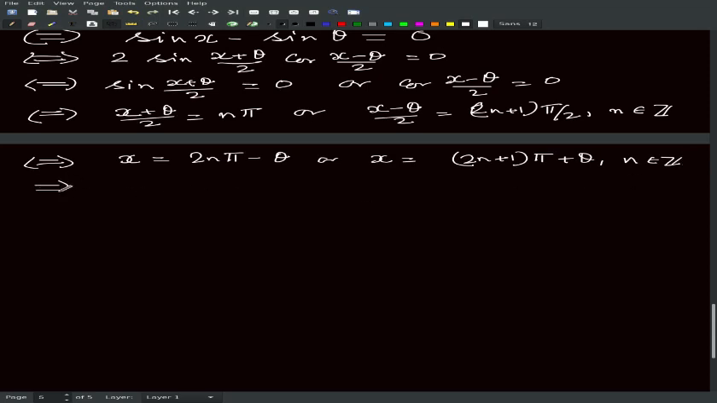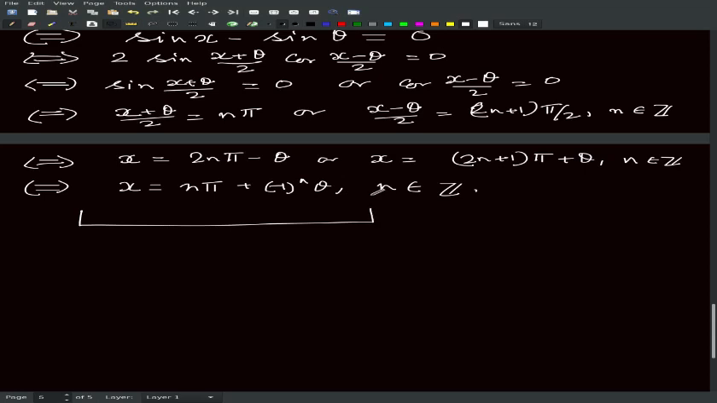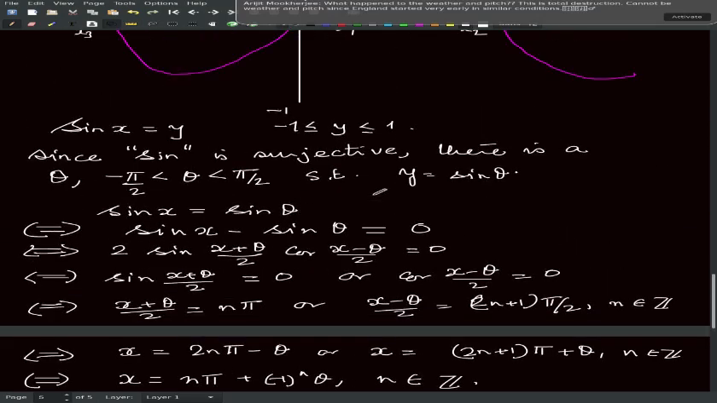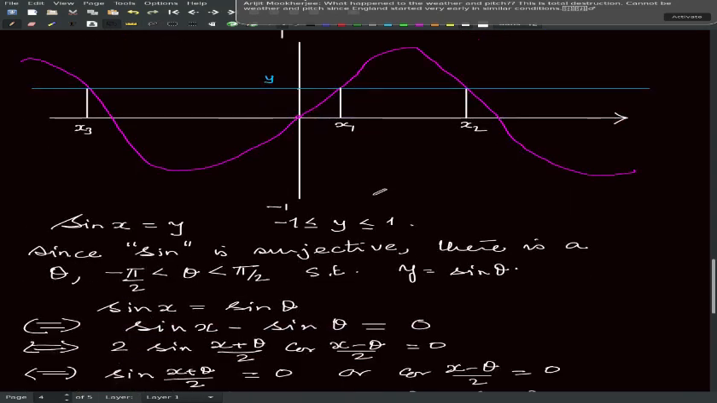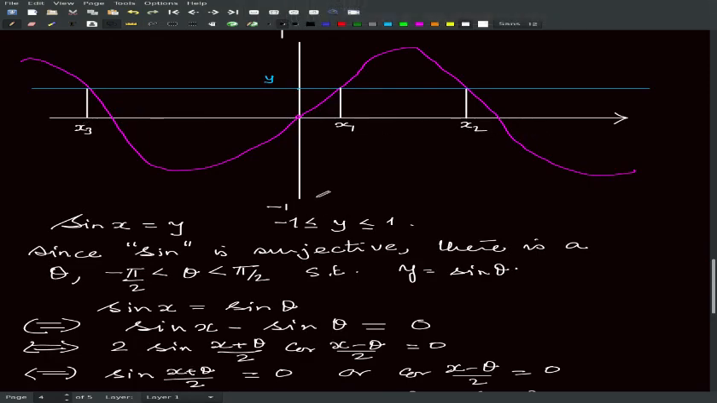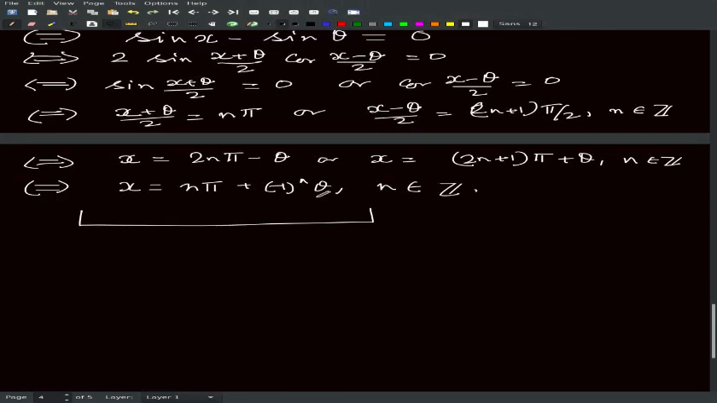So we can write this as x is some n pi plus minus 1 to the power n theta, where n is in Z. Remember this simple trigonometric equation which we solved in, say, high school. What does it therefore say? This says many things. Firstly, graphically it tells us all these solutions. Secondly, it completely describes the kernel pair of